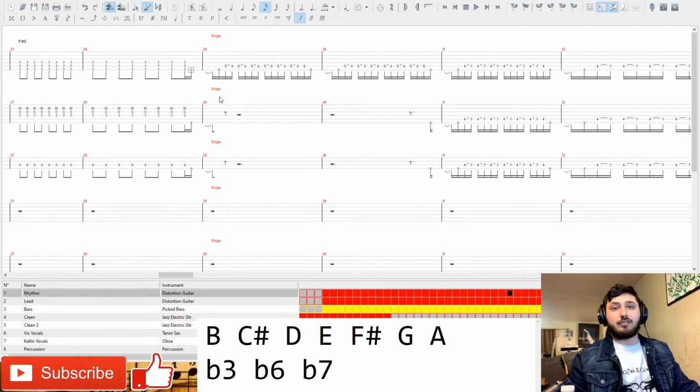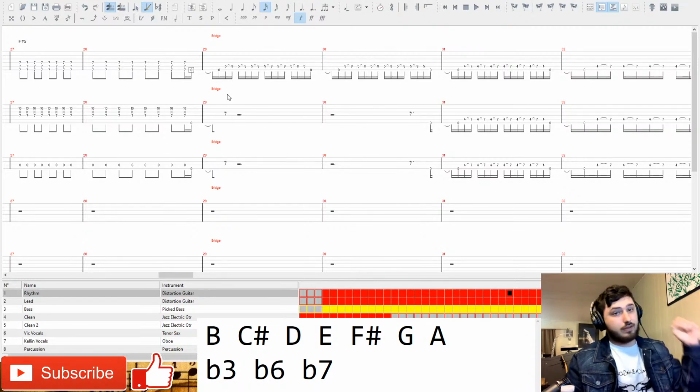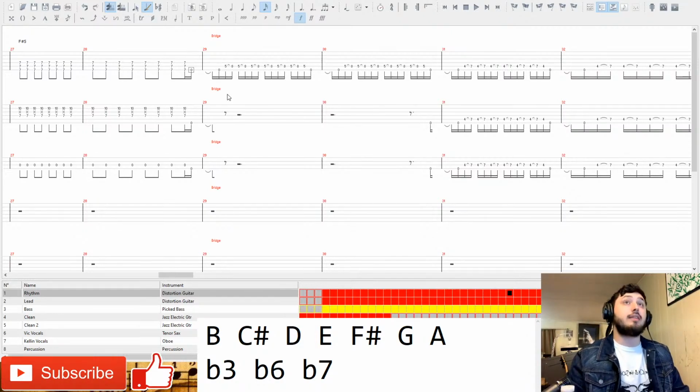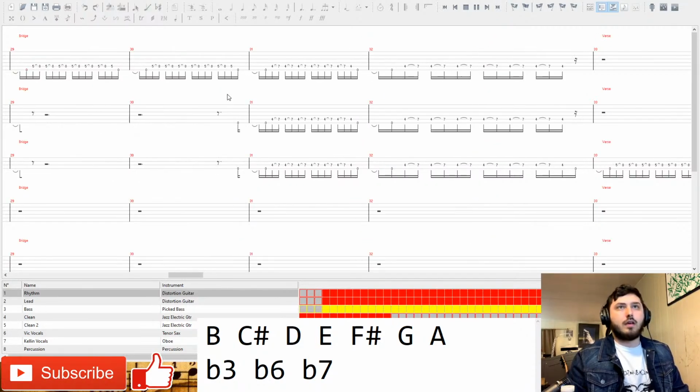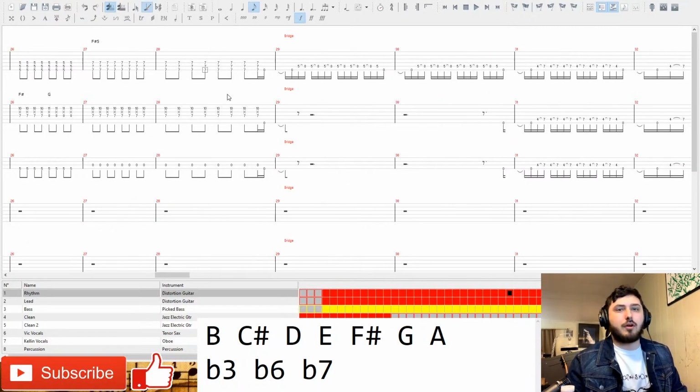So then we go into the next section, and again, we were talking earlier, they keep using anticipations. They're not hitting on 1, they're hitting a 16th note before 1, which they do here. Again, it just keeps that lurching feeling the whole time. You feel like you keep going into something. Okay, cool. So we get this sick hammer-on-y thing.